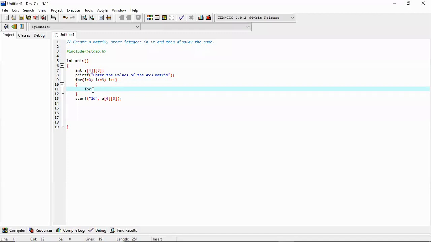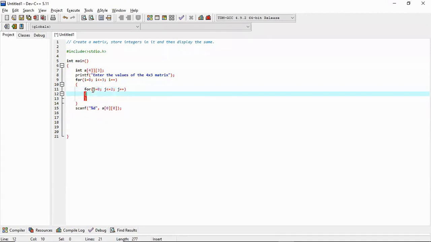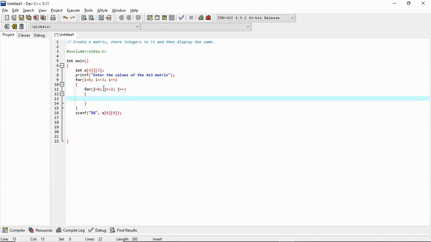Now let us write another loop. Let us use j here. This loop is meant for controlling the columns. So how many columns do we have? In total we have 3 columns. So it will run up to 2. From 0 to 2 means 0, 1, 2, so this loop will run 3 times.